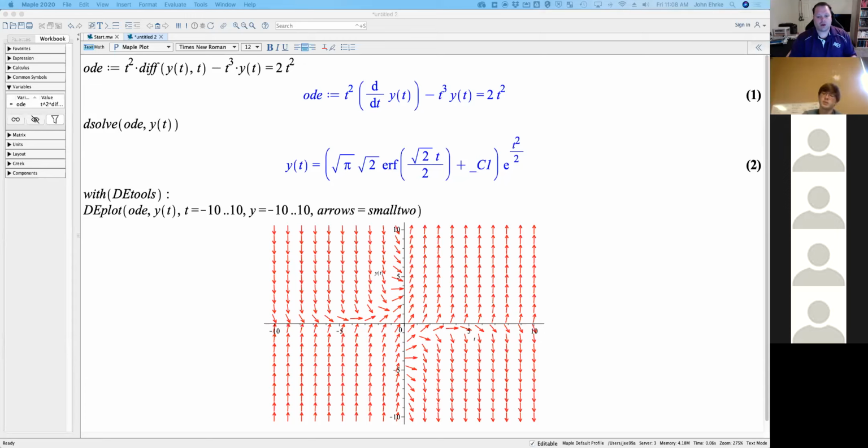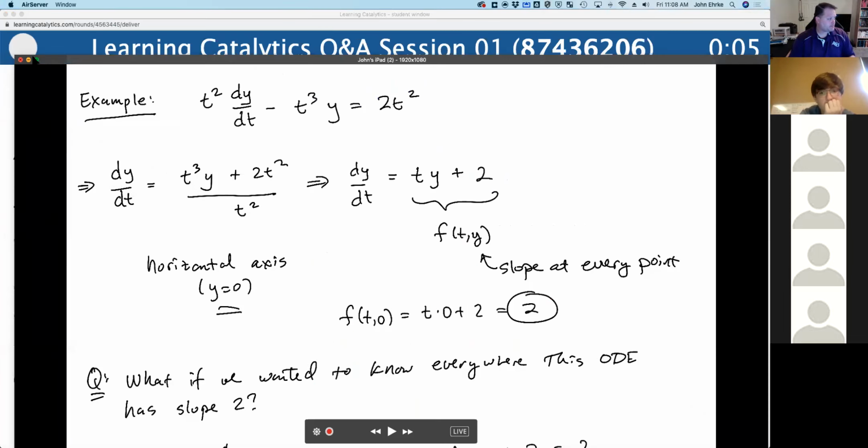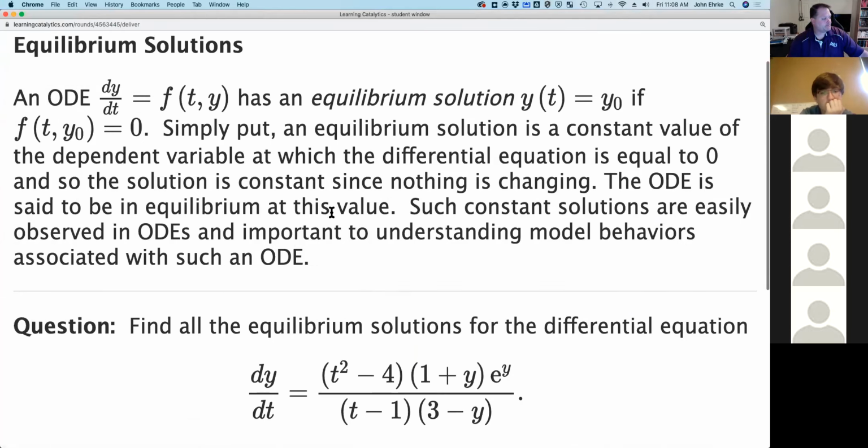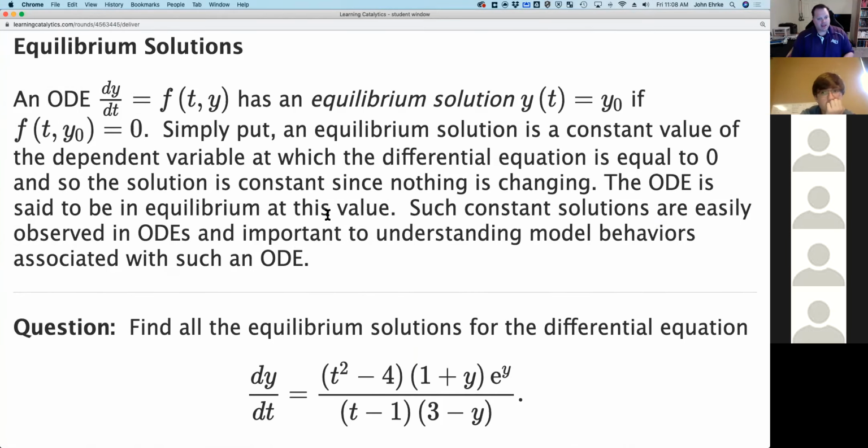So there is one more question that I'll throw out at us here for the last 2 minutes of this session, and then we'll call it a weekend, or call it a week. If you write the differential equation in the form dy/dt equals f of t, y, then any constant solution that makes the right-hand side 0, you're making the slope 0. And if you make the slope 0,